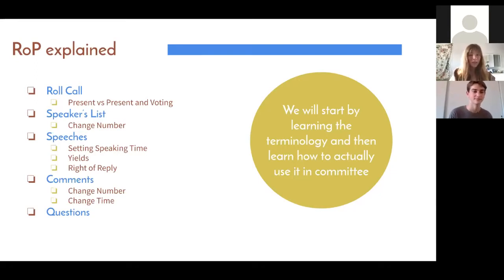So comments directly follow speeches and are a chance for other delegates in the room to state their opinion on the speech that was just given. Comments are not a place to say something that is not in context of the speech that was just given. That's what speeches are for. Comments are directly related to the speech that was just given. So after a speech is given, the chair will ask, are there any comments on the floor? And you would raise your placard, get called on, and that's when you would get the chance to do a